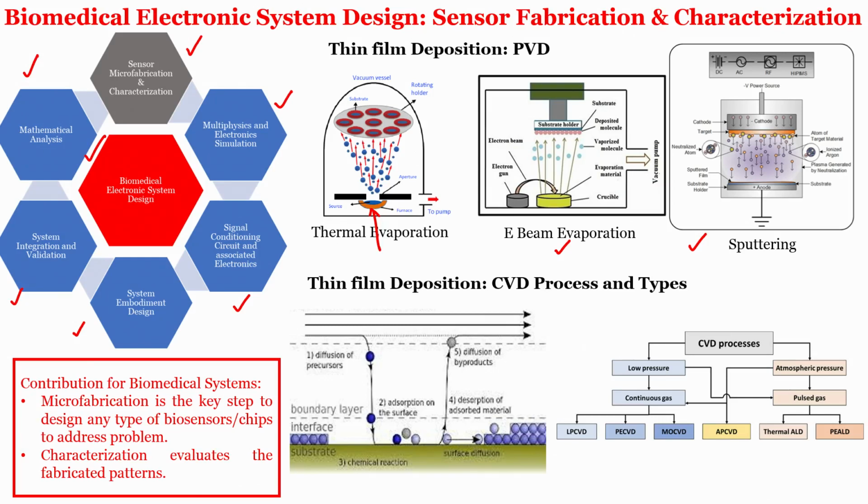So, as you know that CVD stands for chemical vapor deposition. When you say LP is low pressure, P is plasma enhanced, then metal oxide, atmospheric pressure CVD. So, different kinds, and then atomic layer deposition is thermal ALD. So, several techniques are there in the CVD process to deposit or to grow the film. The advantage that we have seen in CVD compared to PVD was that it will cover the surface or it will cover the step better than the PVD technique. So, step coverage is better because here the chemicals are reacting at every step. For example, if this is the step, let me just draw it here.